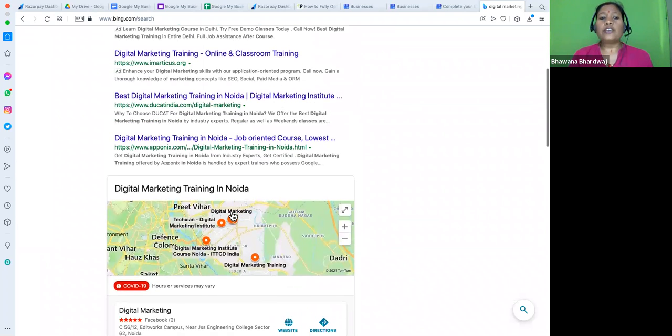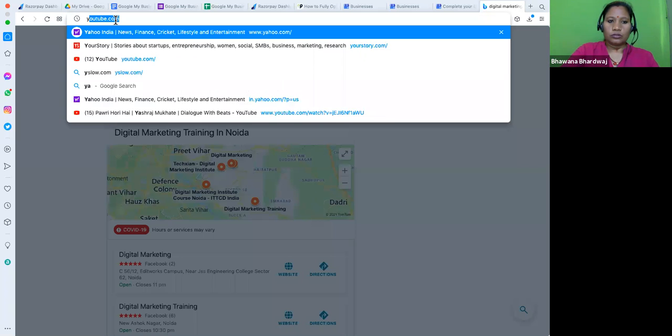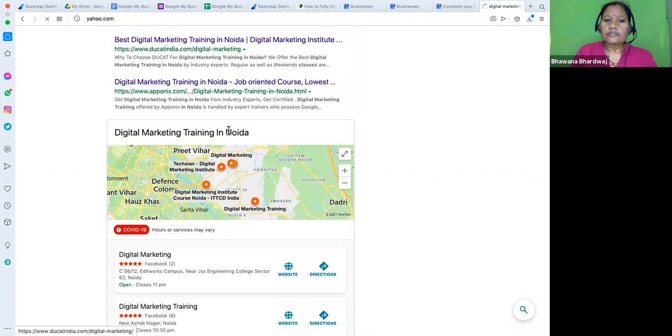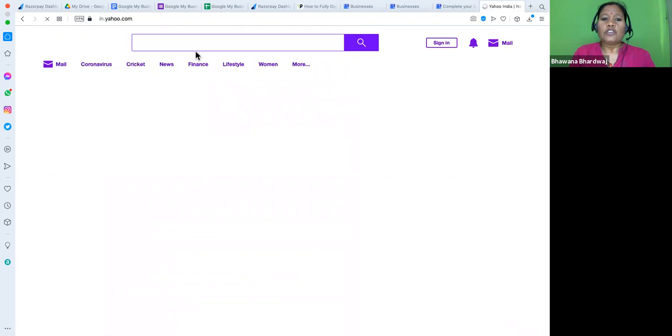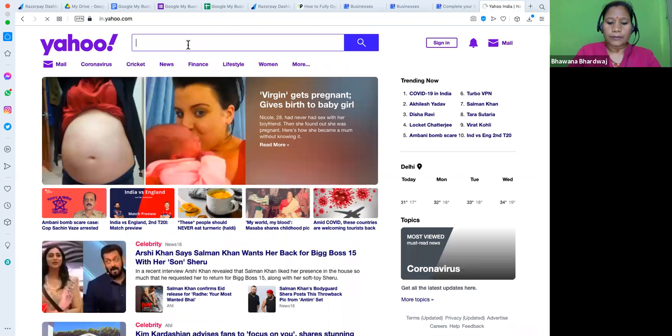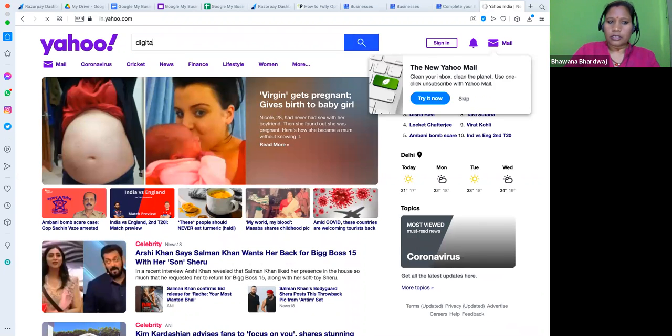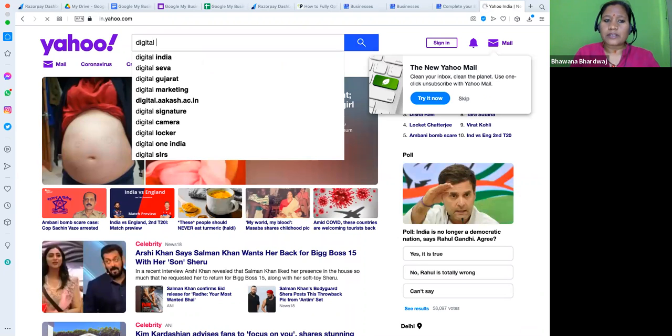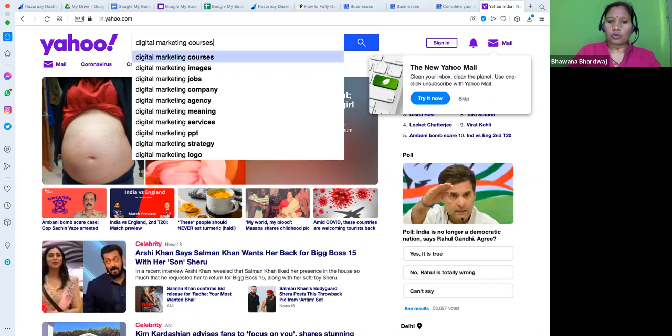In the same way, you can go to Yahoo. If you're looking for something related to location, you have to list yourself on Yahoo Map. All these mapping services are different. Digital marketing course in Noida.